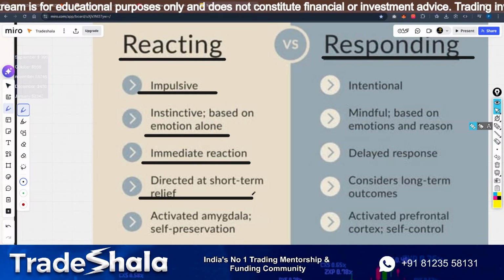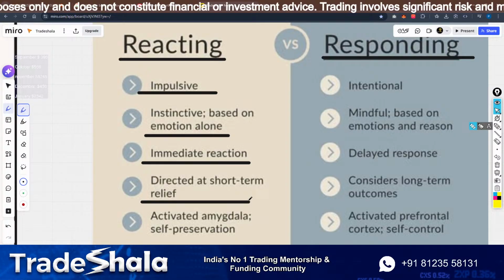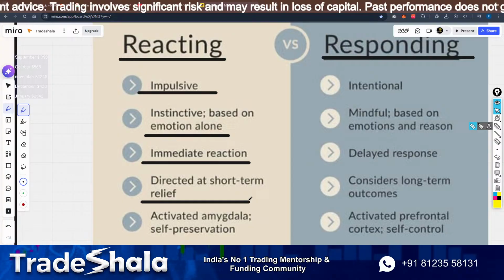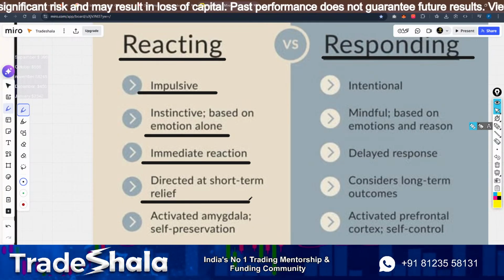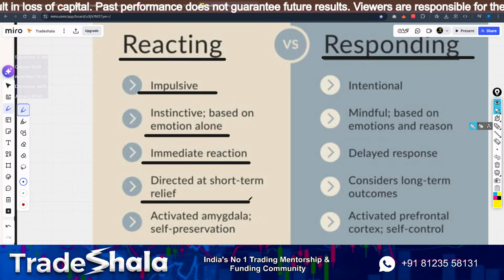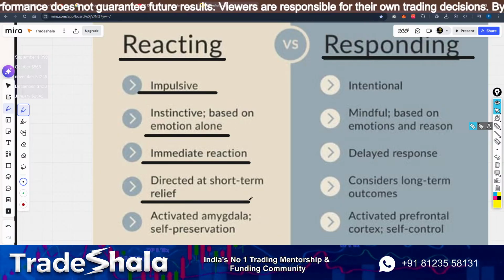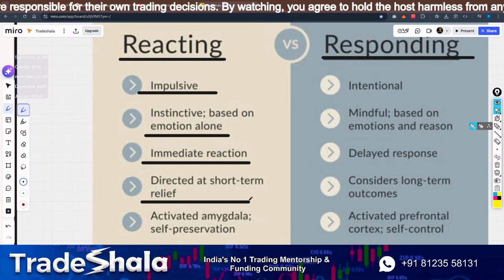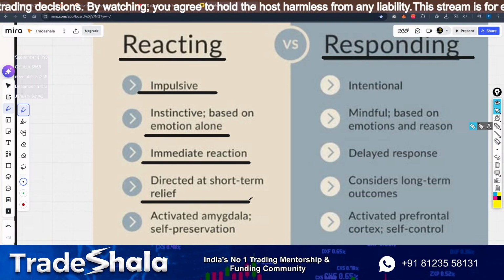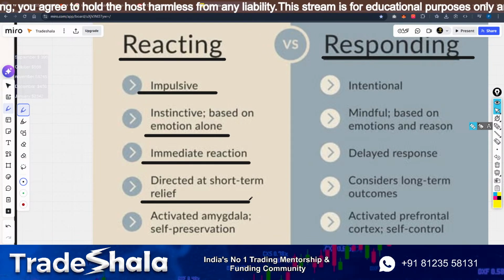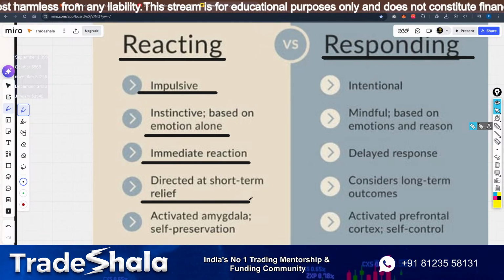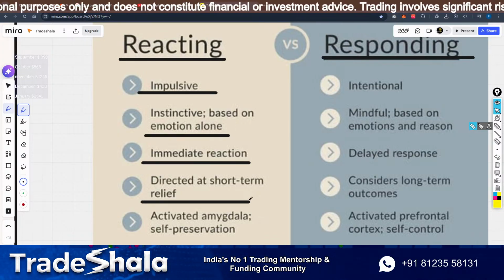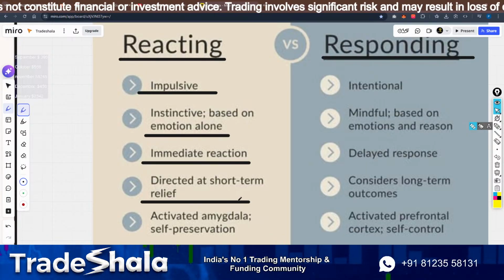It is driven by short-term relief. People who drink alcohol, who smoke, who do all the things that are not right, that is all short-term relief. Why do people drink? Why do people smoke? Because at that specific time they cannot control their mind, they want to do something other than that with their mind. Do you understand? These are all short-term reliefs. That's why people go to parties. I'm not saying not to drink or not to party, but if you truly do it just to avoid pain, that is a problem. That's why people get depressed, addicted and all that, because they always want to be away from it.